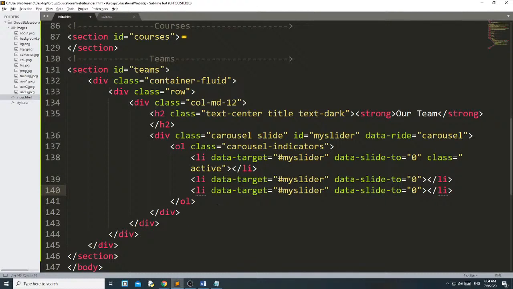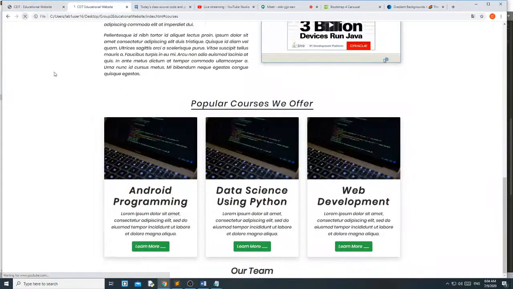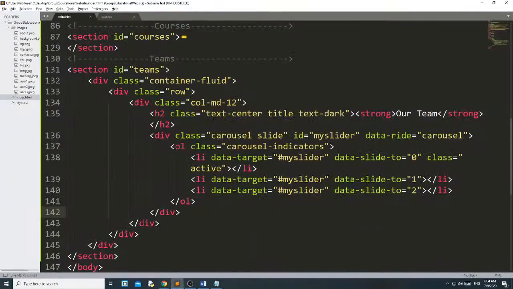And make it 1, make it 2. If I continue with this, you can see here, this is the indicator you are getting, and this is in white color active, and these 2 are in faded color because we don't have any item, that's why it is coming over it.